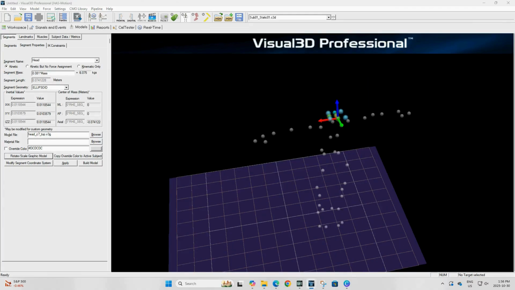Finally, we'll click Rotate/Scale the graphic model. We'll rotate it by 90 degrees vertically, 180 degrees clockwise, move it back by 55, move it up by 40, and scale it by 200 in each direction.